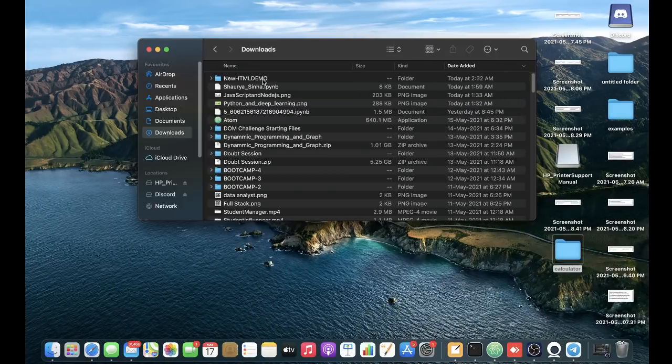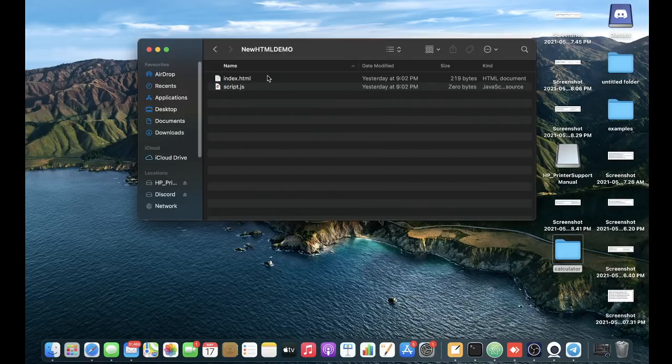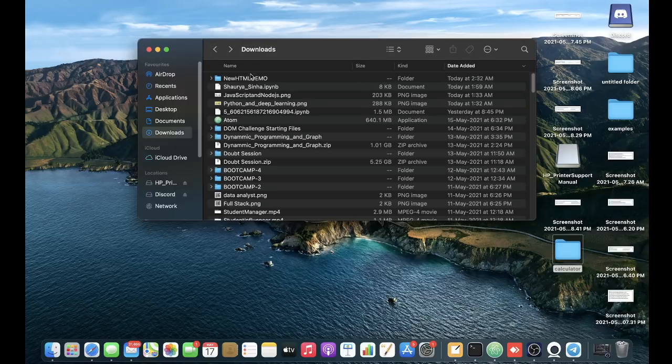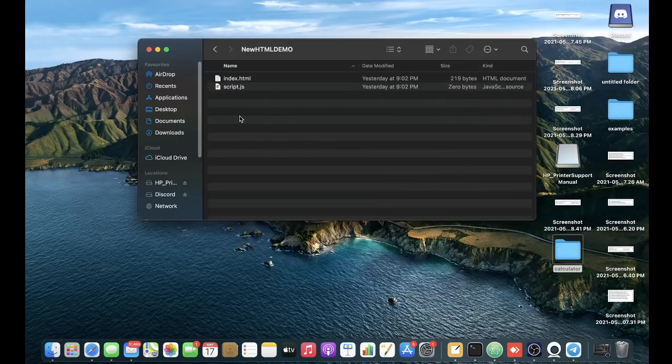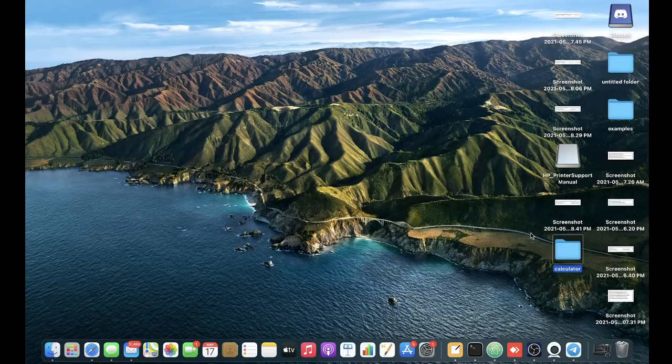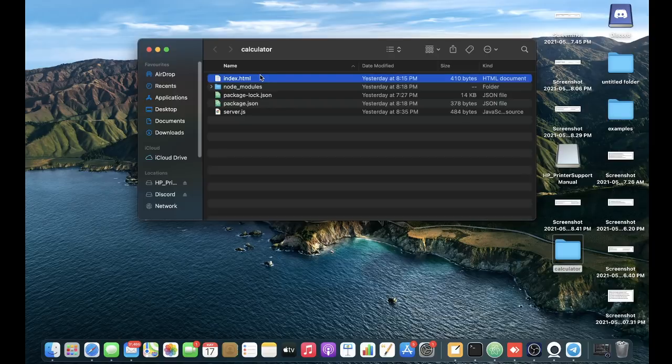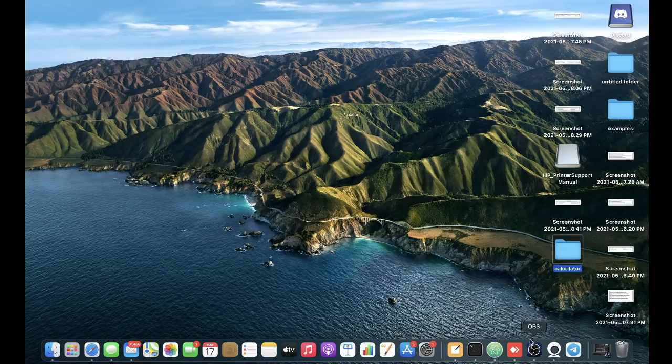You want to go to downloads and just unzip it. On Mac, it already unzips the entire folder right over here itself. In Windows, you would have to right click on it and then select unzip or something like that. Whatever the process is, first unzip it, create the entire folder itself, and then upload the files. The files that need to be uploaded, again I'm just telling you, are index.html, package.json, and server.js. That's it, nothing more, nothing less. That's how you will be submitting the entire project.